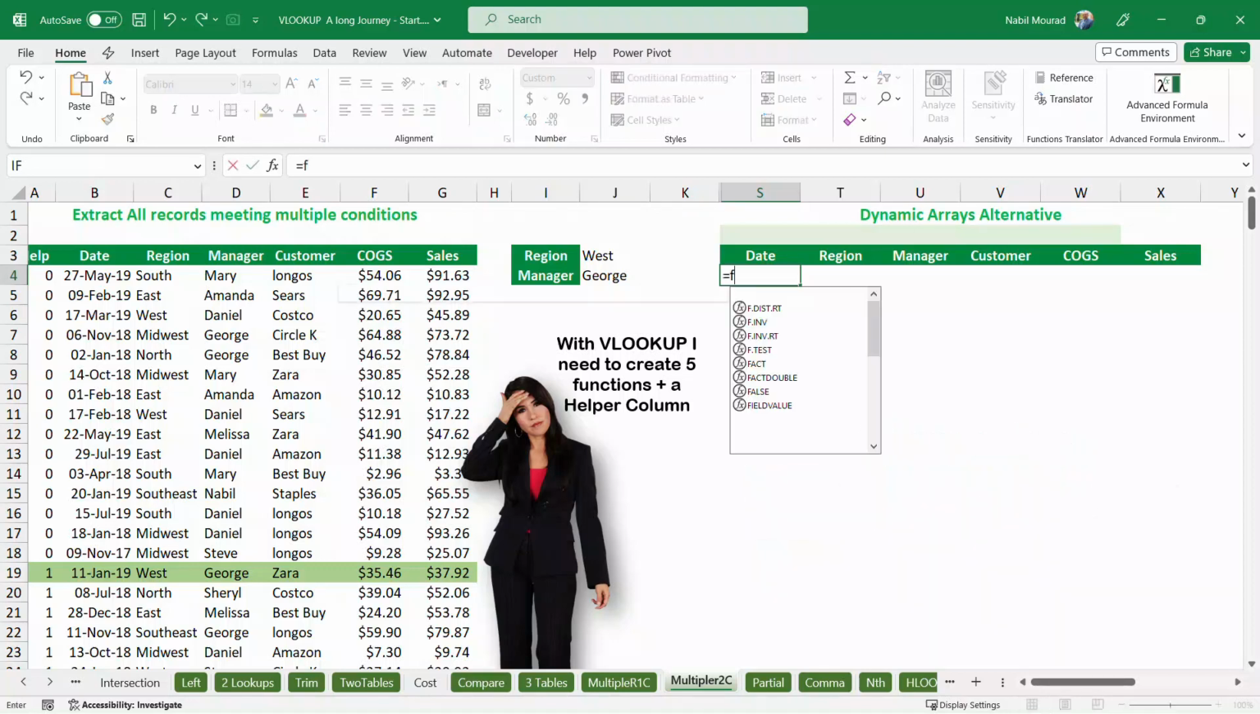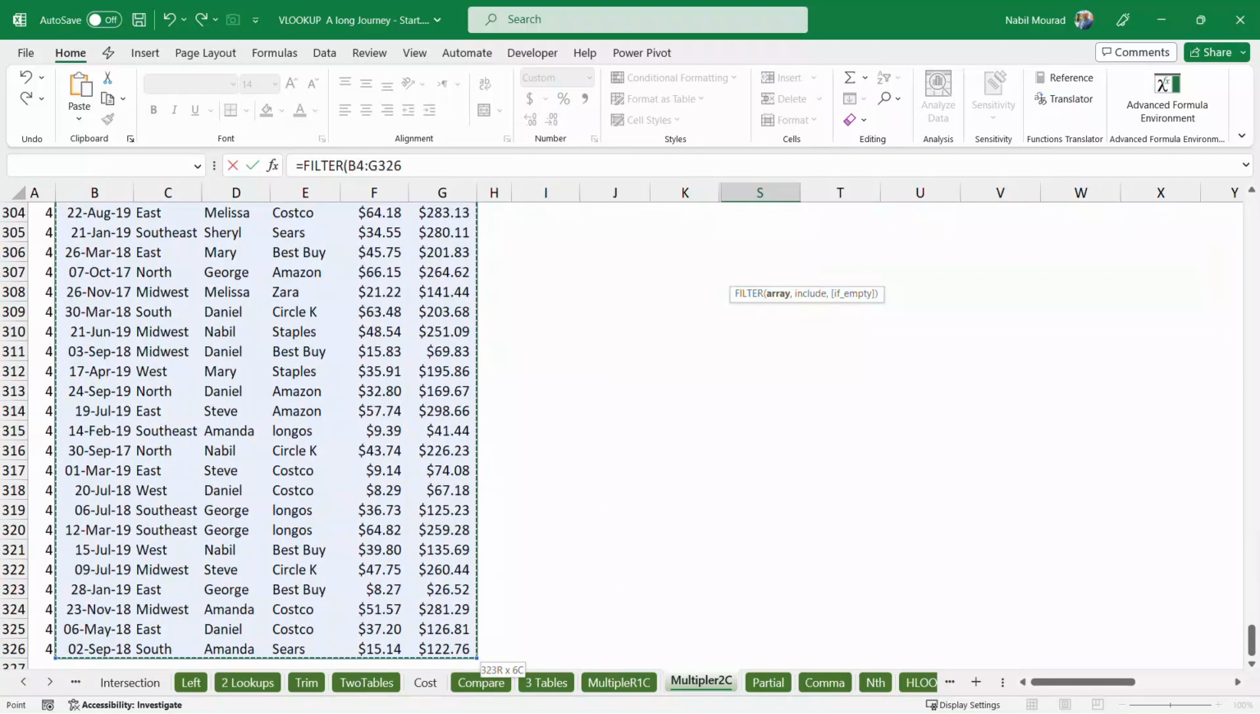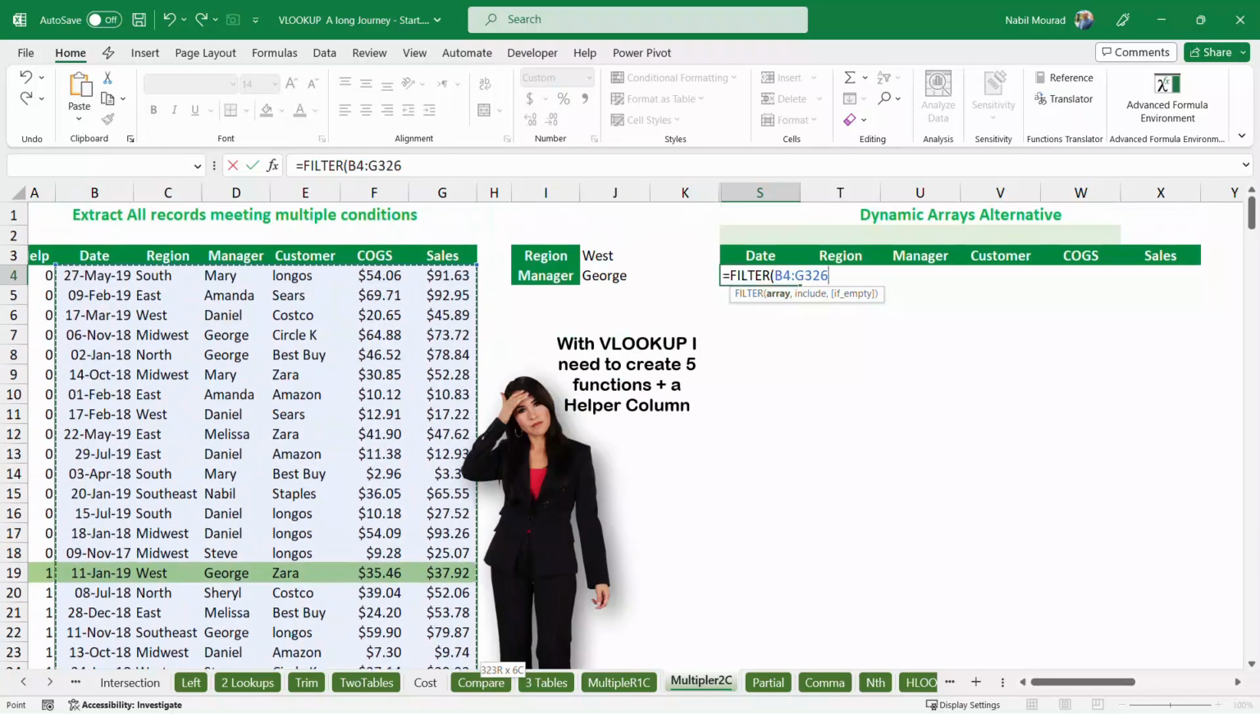I type equal filter and then I hit tab. What's your array? My array will be from the date to the sales. Shift control down arrow and then control backspace because I don't want to lock. And then I type a comma. What would you like to include? I want to include the records where the region equals this region and the records where the manager equals this